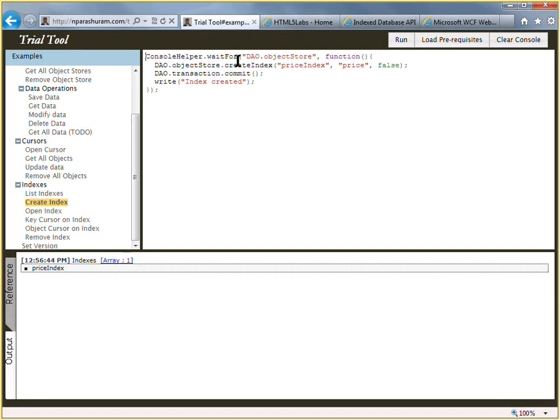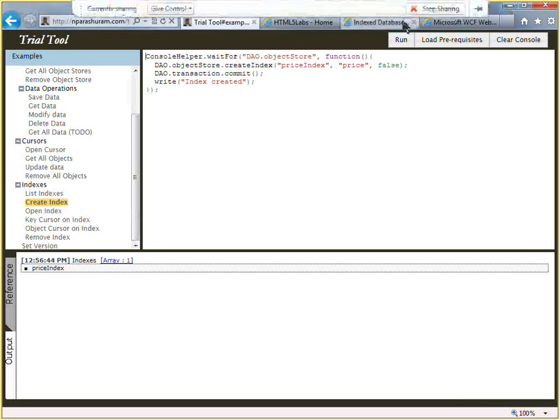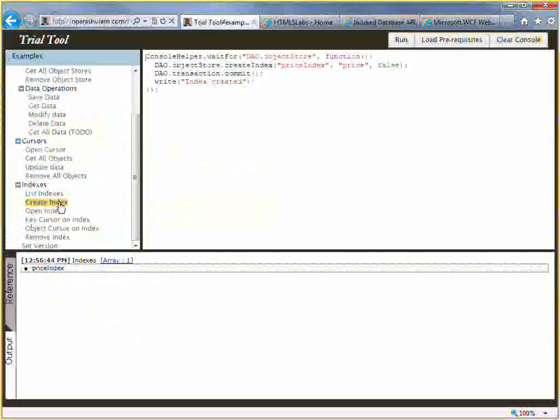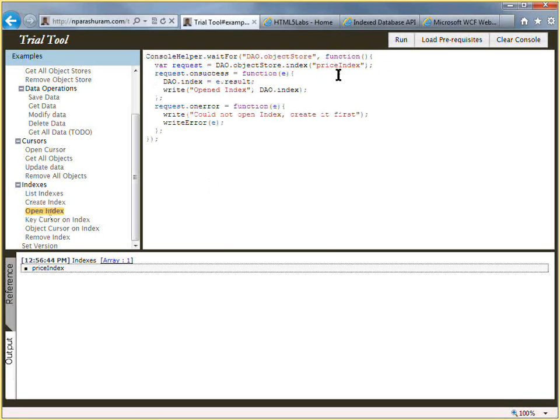This, however, has changed in the latest version of the IndexedDB specifications. The latest IndexedDB specifications, which is available here, says that the IndexedDB APIs like create index or create object store can only run in the set version context. For now, let's assume that that part of the change specification is taken care of, and let's move on with our examples. So I click on open index,